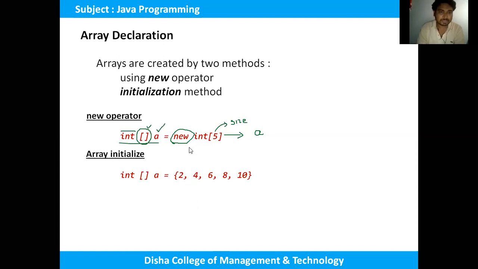We just declare the array. After that we have to insert the elements into the array. But in array initialization, while we are creating the array, at the same time we assign the values, like 2 4 6 8 10. This is the syntax. These are the two different syntaxes for creating an array.